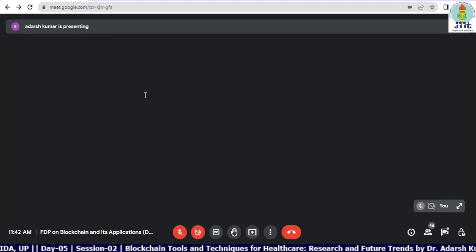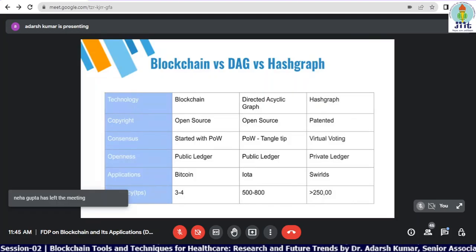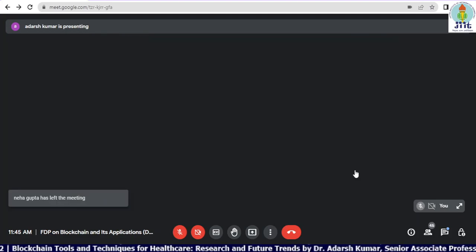If you compare blockchain with other associated technologies, blockchain is not the only solution. Many other solutions are available, like Hashgraph, which is also popular, and directed acyclic graphs. Both provide a consensus algorithm and a distributed ledger approach, so they are competing technologies to blockchain. But in research directions, people are trying to integrate blockchain with Hashgraph. What is expected is high efficiency, especially in terms of transactions per second, so we need a larger number of transactions per second.